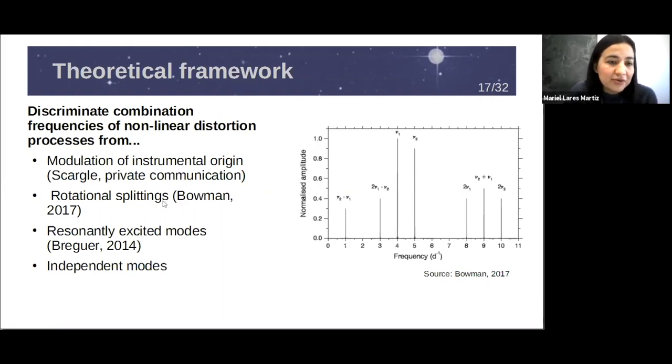Here I show how two frequencies could have a very similar frequency structure to a rotational splitting, and maybe we are confusing some rotational splitting with a combination frequency. So